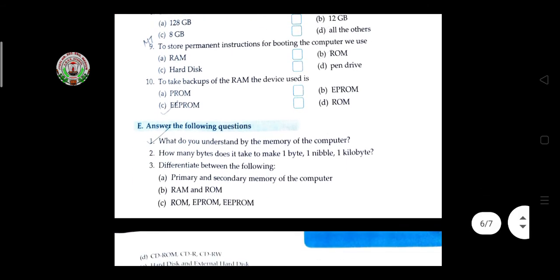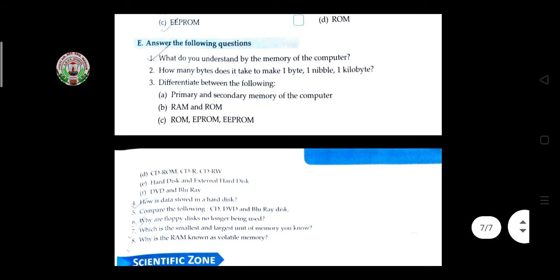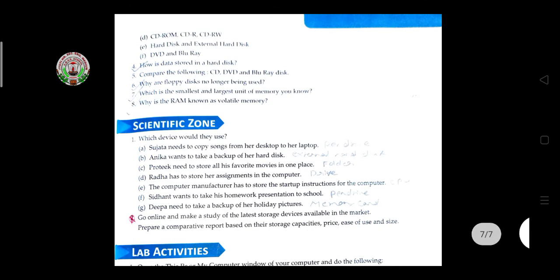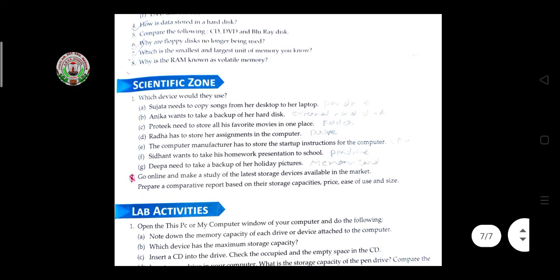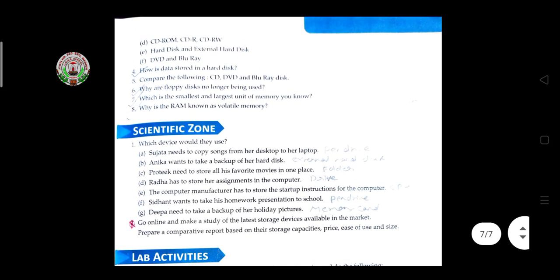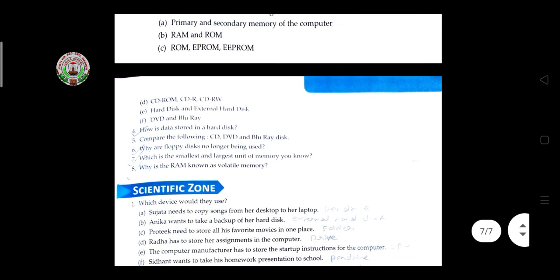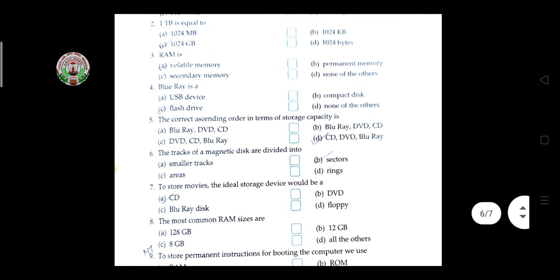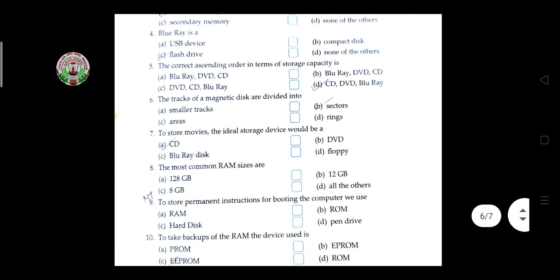So students, the question answers are given here, and I will give you these question answers in PDF format. Then the scientific zone, in your book is mentioned as horse. In place of scientific zone, in your book horse is written there. So check the answer of this question also. And if you have not written the horse questions in your practical notebook till now, complete them fast according to the question. I will give you the answer also. All the exercise question answers you have to mark in your book only.